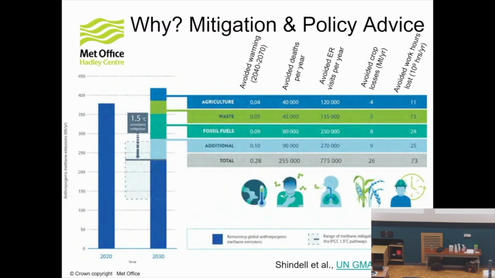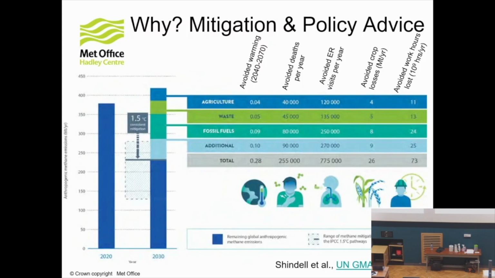And what they've quantified here is the amount of warming that might be avoided, the number of premature deaths that would be avoided through methane-driven changes in surface ozone, likewise the number of hospital visits avoided, and indeed also, ozone damages crops. And so they've also quantified the impact of the reduction in surface ozone and what that might do for crop productivity. And you can see that the projected avoided warming, if they were able to implement feasible measures